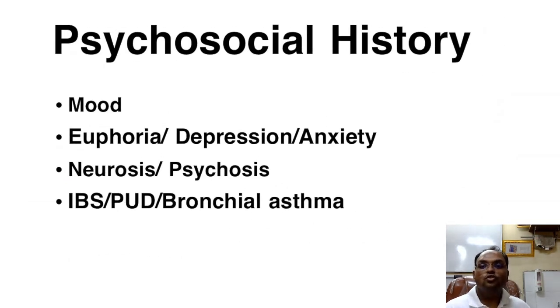Psychosocial history, you need to talk about the mood, whether the person is euphoric, in depression, anxiety, has some neurosis or psychosis. Difference between neurosis and psychosis: neurosis, the person is aware that something is wrong with him. Psychosis, the person denies that something is wrong with him. সাইকোসিসে ডেলিউশন, হ্যালুসিনেশন পাবে। ডেলিউশন মানে হচ্ছে ফলস ফিয়ার অর বিলিফ, হ্যালুসিনেশন মানে হচ্ছে কিছু নেই, স্টিমুলাসের